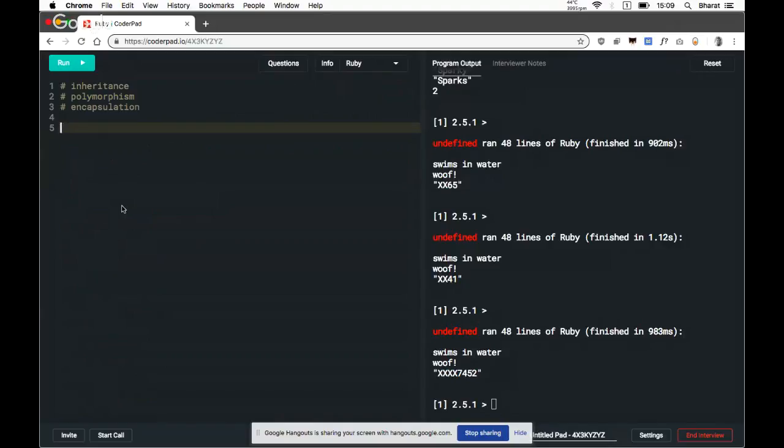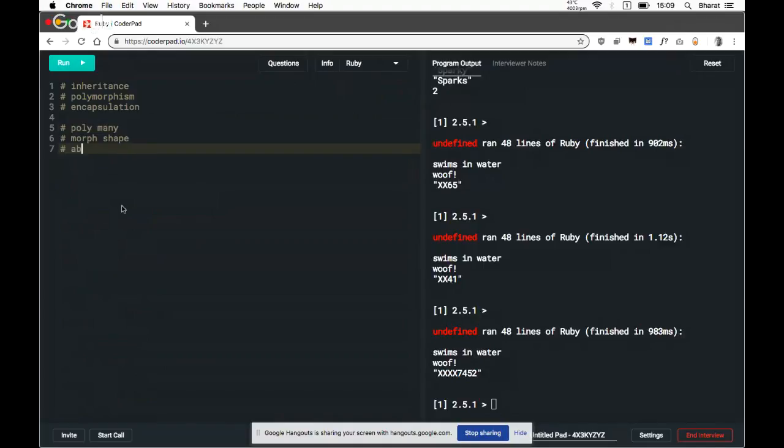So my understanding is that polymorphism is the idea of many morphs, morph meaning shape, many.